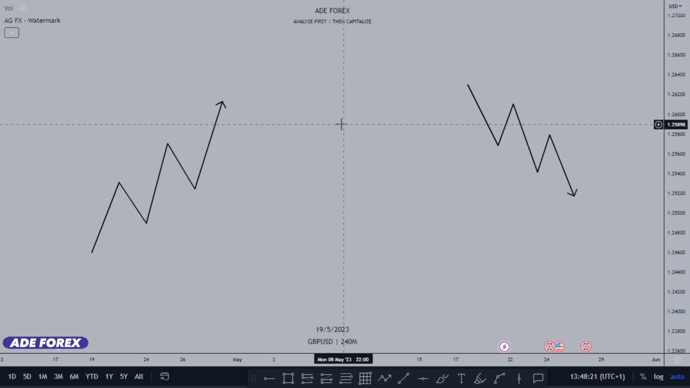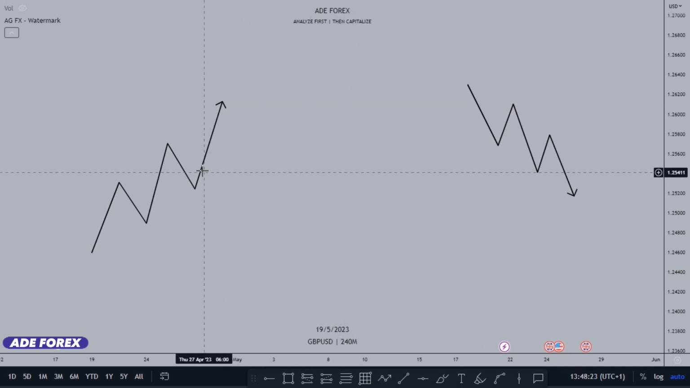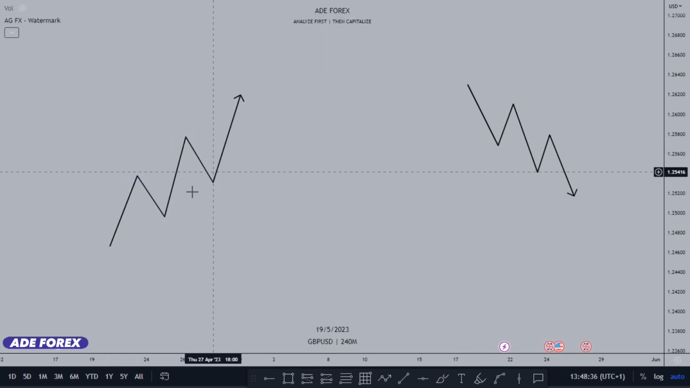Speaking of the trending market, we call this a higher high, a higher low, a higher high, a higher low. Now let's take it further to understand the logic behind it moving towards the upside. So now, from my own terminology, I call this